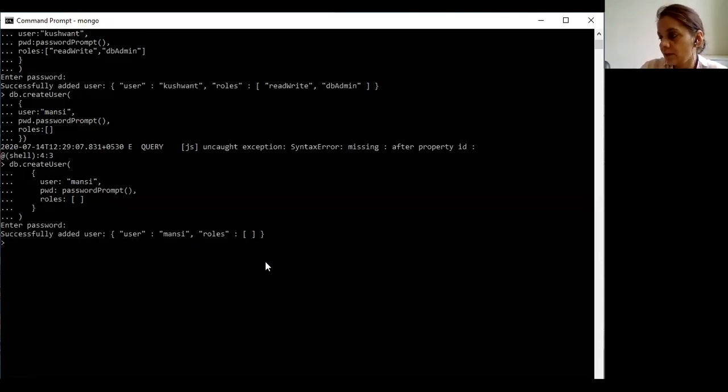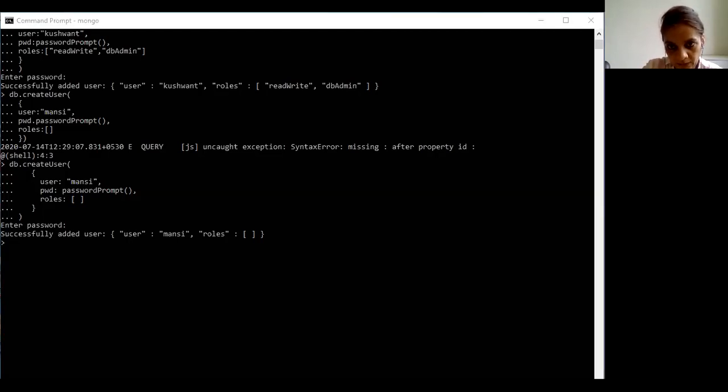We have not defined any of the roles. Now, if we want to create an administrative user with roles, then we will simply write the command like this.